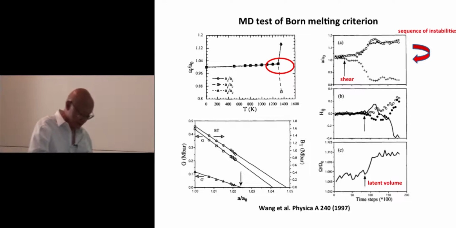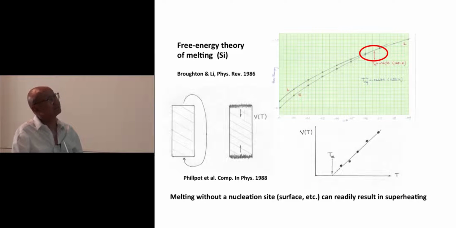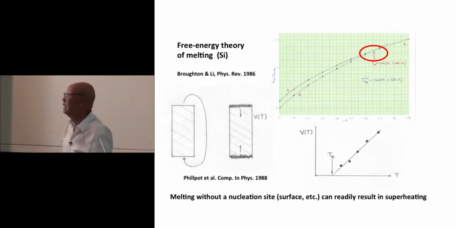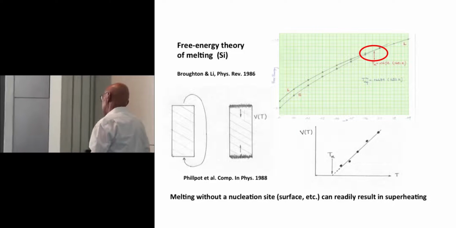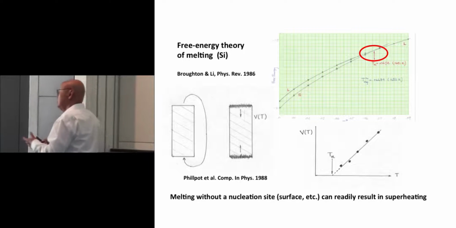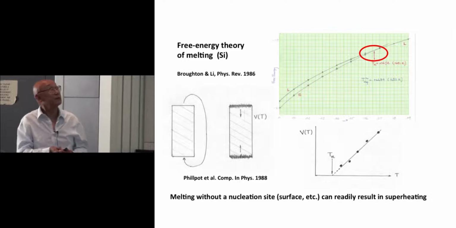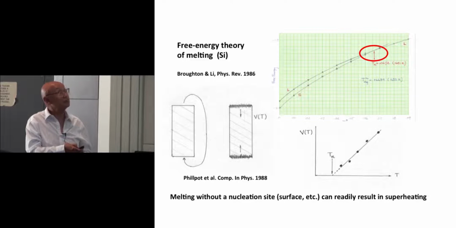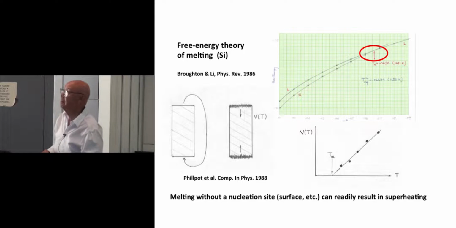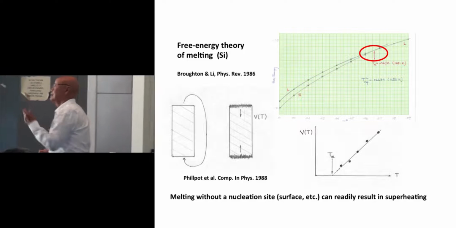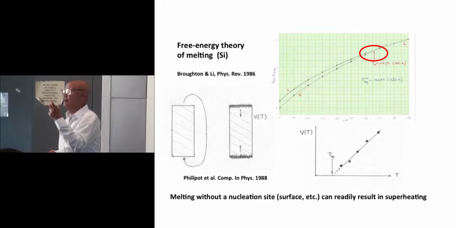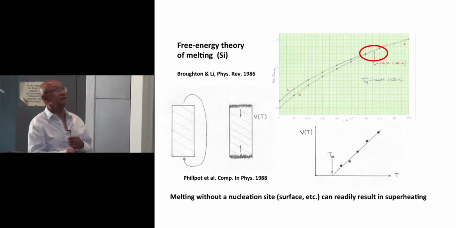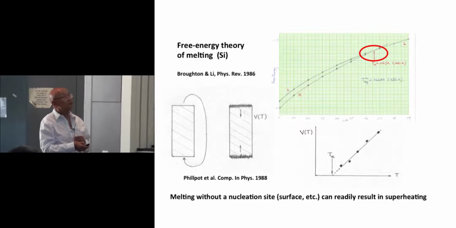Now let's go back to the free energy aspect of melting. If I really want to know the melting temperature, I can do a free energy calculation, which I could do, for example, in the case of silicon. Stillinger and Weber, in 1985 or so, came out with the Stillinger-Weber potential, which is a three-body potential, which maintains the silicon in this diamond cubic structure. With that potential, a year later, Broughton and Li in 1986 did a free energy calculation in which